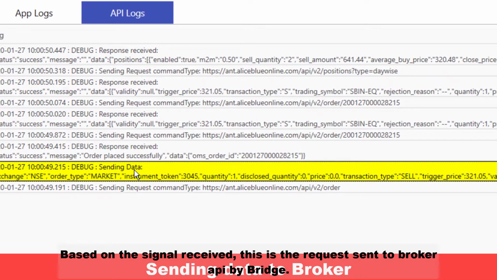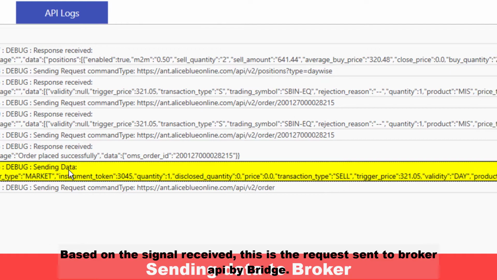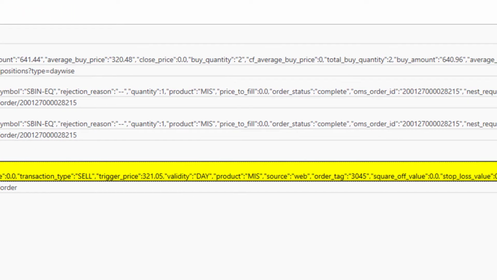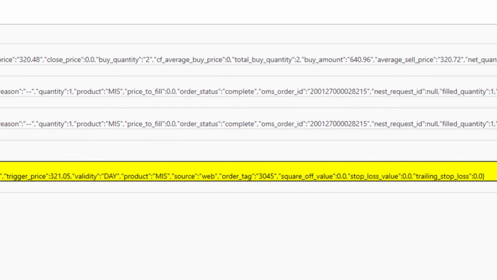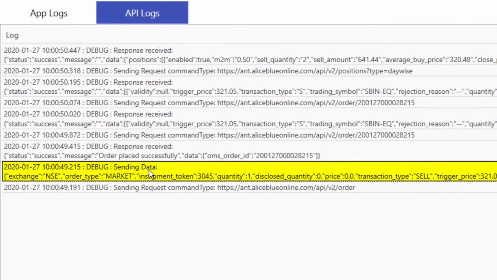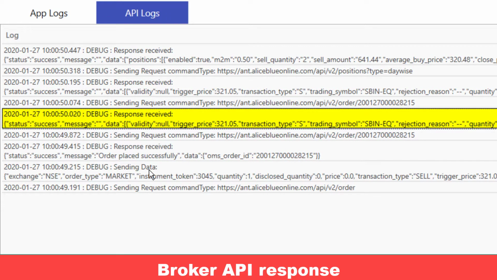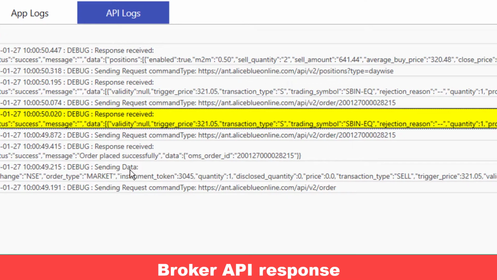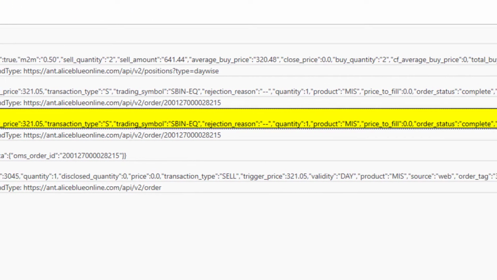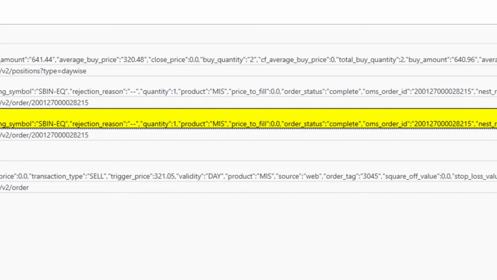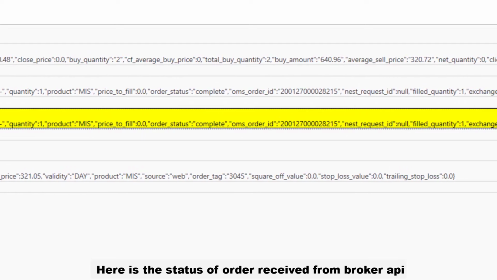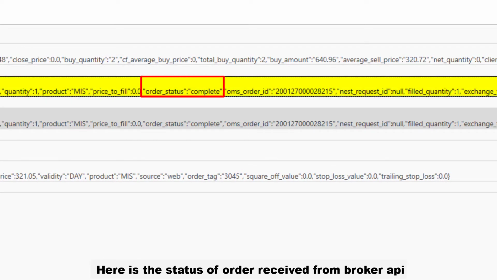Based on the signal received, this is the request sent to broker API by the bridge. Here is the status of order received from broker API.